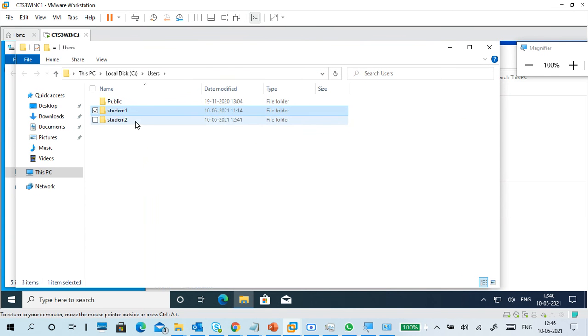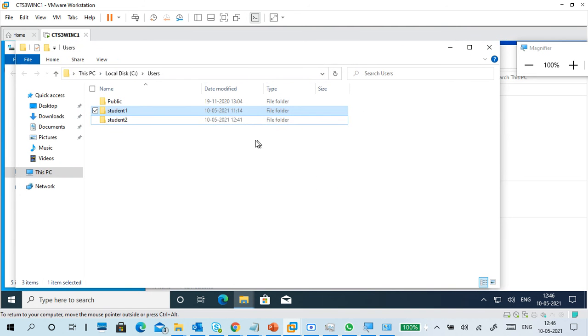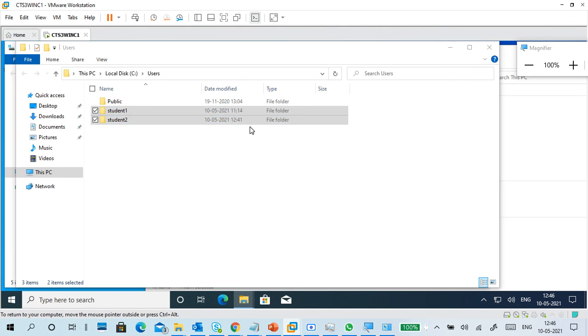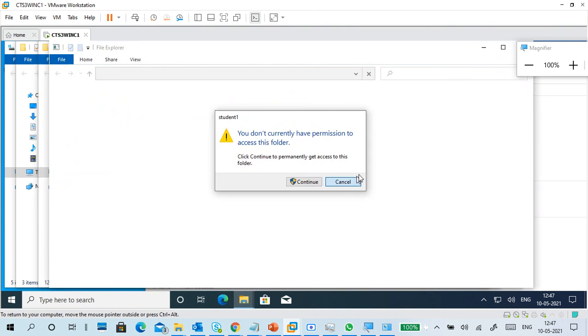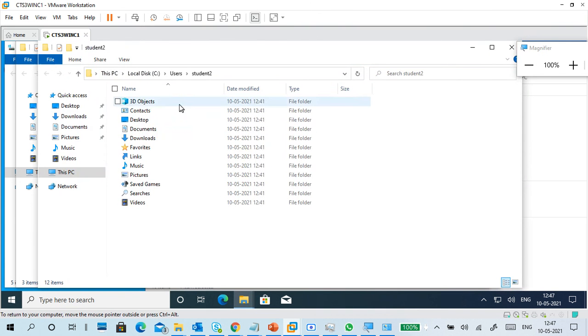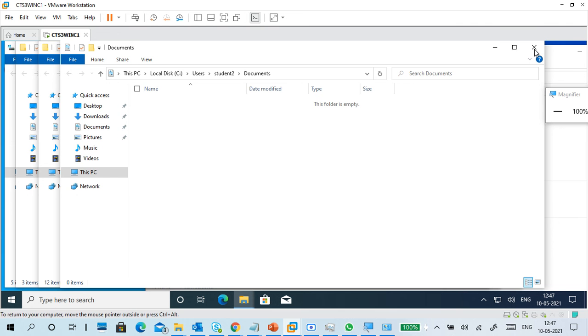See, earlier student 1 is there. When student 2 logs in, automatically a student 2 folder is created. So this student 2 folder contains its profile data. This is student 2 profile data. If you open the Documents, you can't see the document I created in student 1.